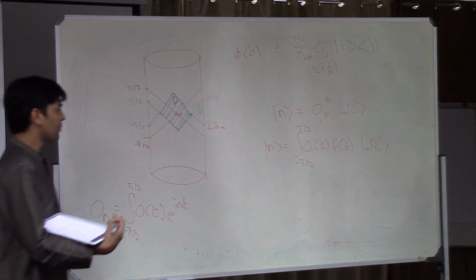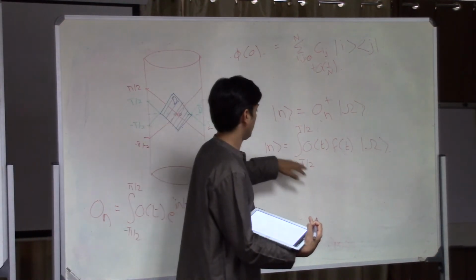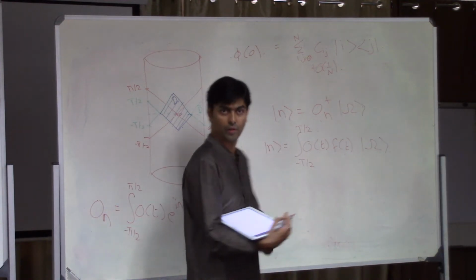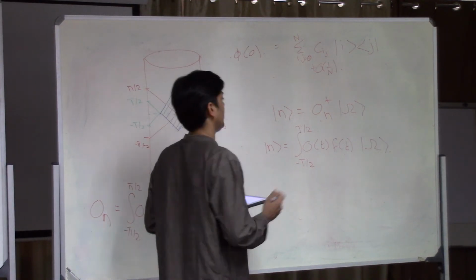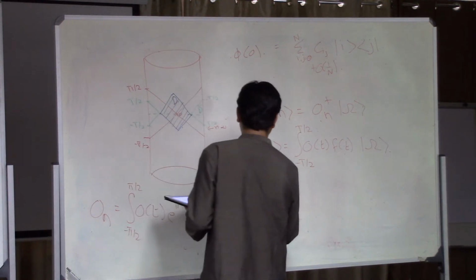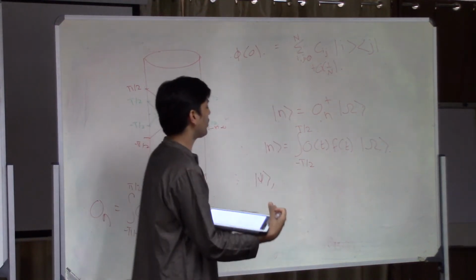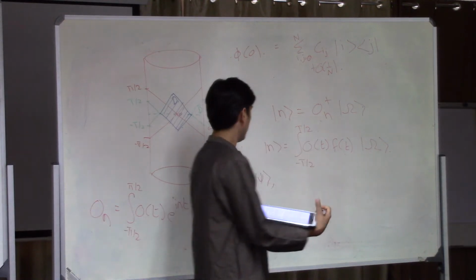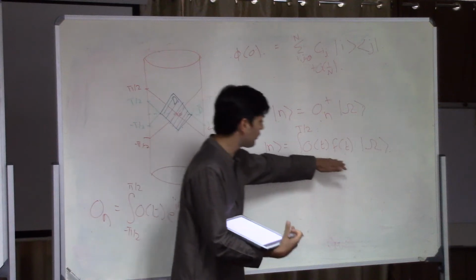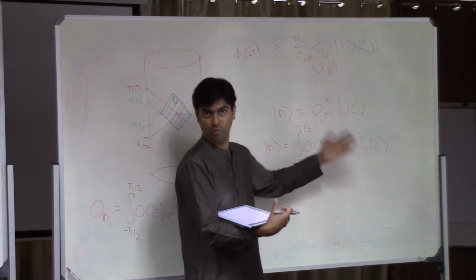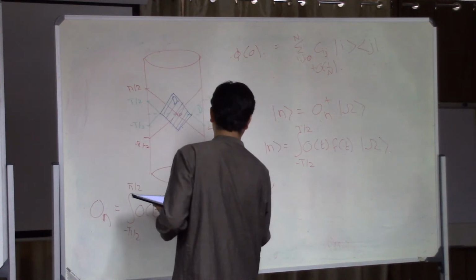Okay. So now you might say, how could this happen? How could it be that you can create this state by just acting with the band minus pi by 2 to pi by 2? But in fact, that's not hard, and I'll prove it by contradiction. So let's say there existed a psi which you could not create in this way. Then it would be the case that psi would have some part which was orthogonal to all states that you could create in this way. Because there's some state which you can't create in this way, there's some psi which is orthogonal to all states you can create in this way.